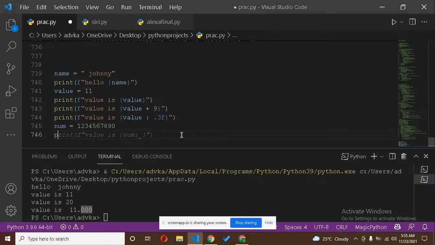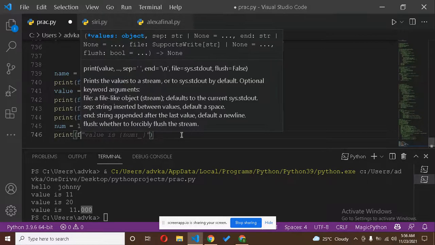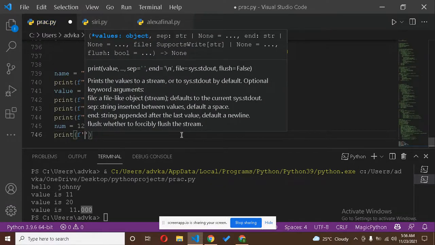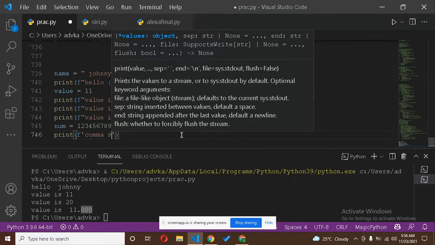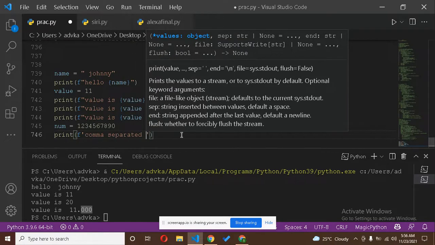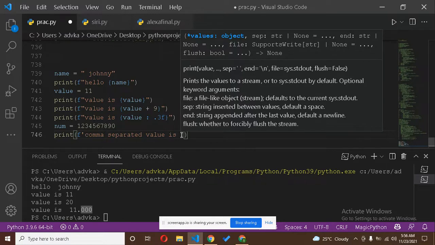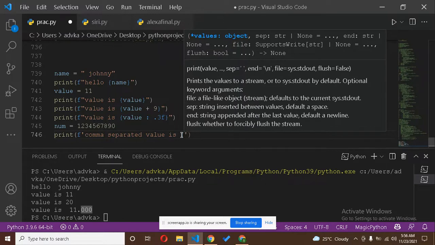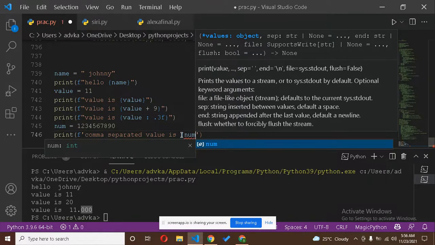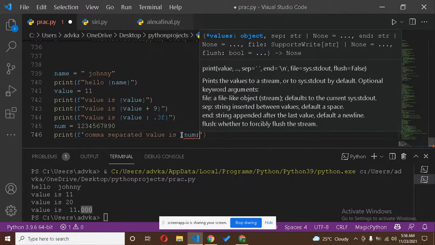For this we will write print, in the bracket f-string, then you will write comma separated value is, you will open the brackets and write the num, colon,